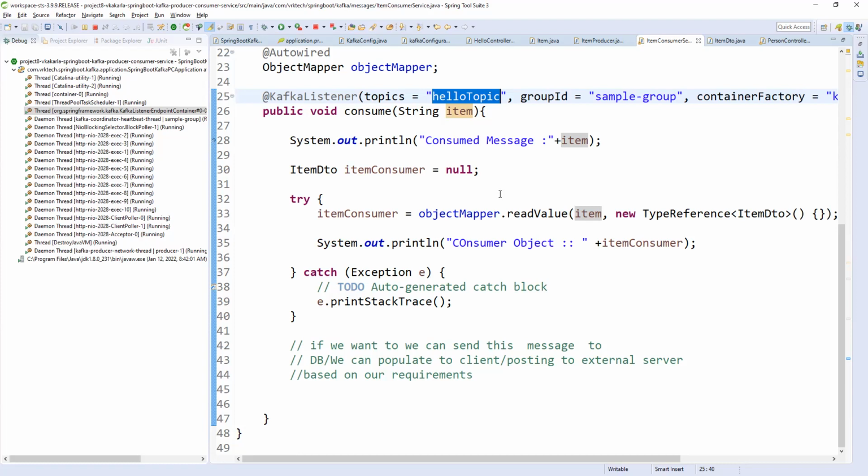In the same way, on the other side, those who are giving these values to you to consume their messages are responsible for giving the correct topic name, the correct group name and the correct values. They will provide: these are for the development environment, you can use this kind of topic and this kind of group; if it is production, you can configure this. So they are responsible from their side. Meanwhile, we are responsible to check whether we are getting correct information or not. Both sides.